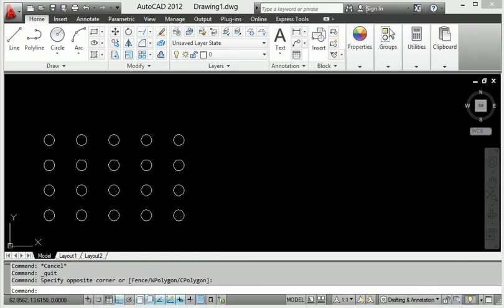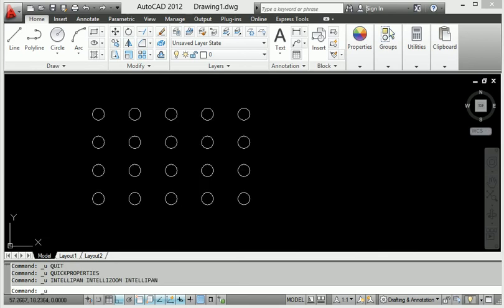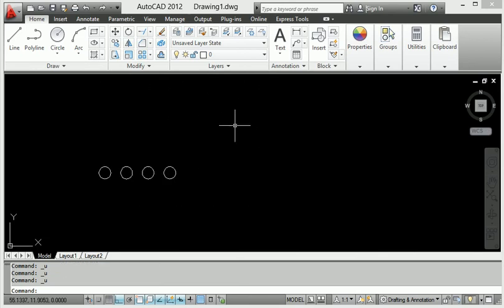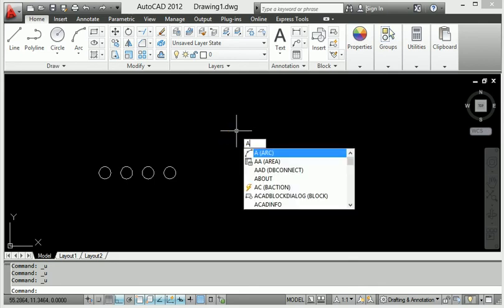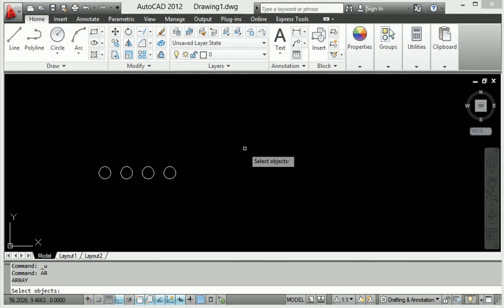So when I use the shortcut key, how to use it? First of all, click A R, enter, and it comes to array. When you click AR enter, it comes to array.